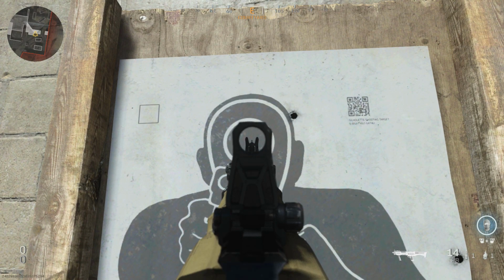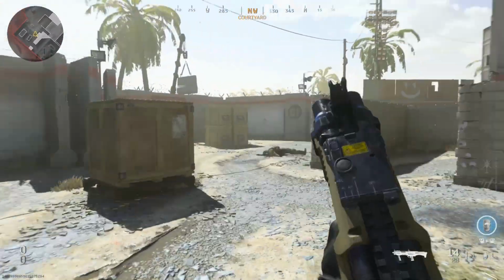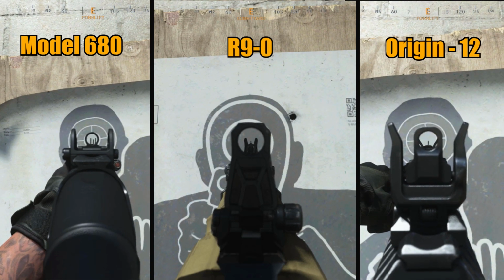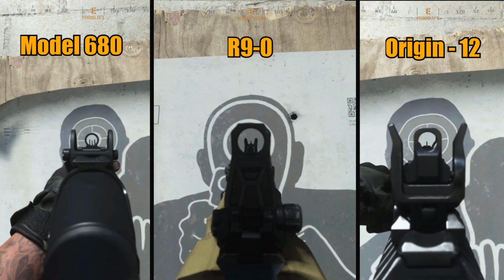As I covered in my last video, aiming stability has to do with the amount of sway when aiming down sights, and while it's not the most important factor, it does play a role in recoil pattern consistency. In this case, the R9 wins out with its almost circular recoil pattern as a result of having little to no ADS sway or high aiming stability, followed by the Model 680 and the Origin 12 shotgun with the third